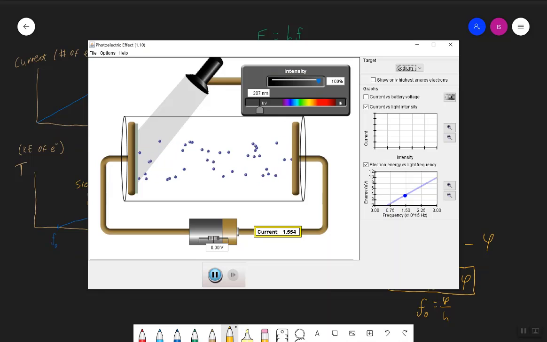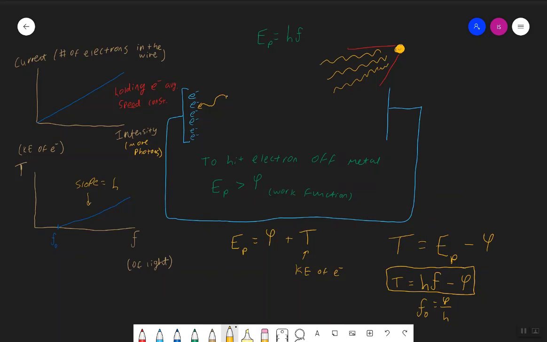So the simulation doesn't have the particle view where it shows what happens, but essentially what we have, right, you've got this thing, and it gives the electron kinetic energy as long as the frequency of this light hits the threshold frequency, and then all the leftover energy is going to go into the kinetic energy. So this equation, I'm hoping this makes sense, that you can see really that Einstein's explanation of this photoelectric effect